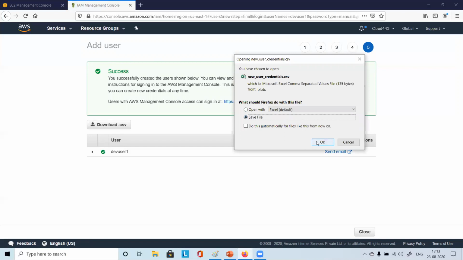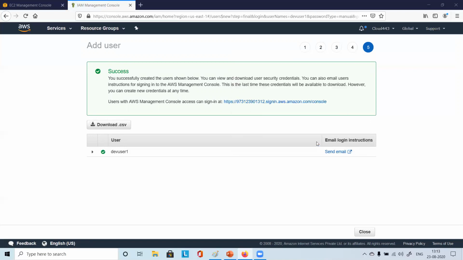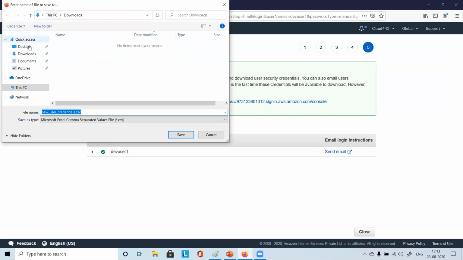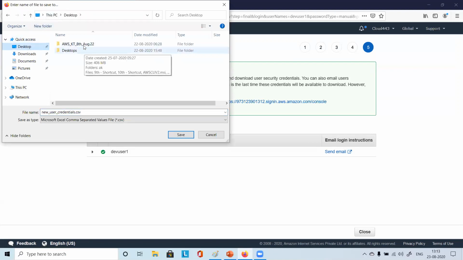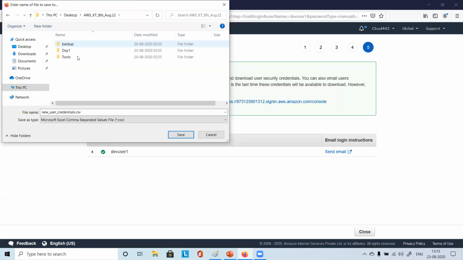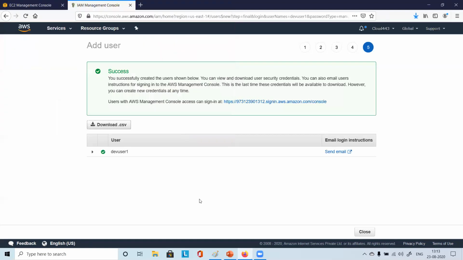The new user credentials can be saved somewhere on a desktop. Say here I can save it. I just say save, so that will be saved, and I can refer to that detail also. And this is the sign in location. So I'll just copy this,